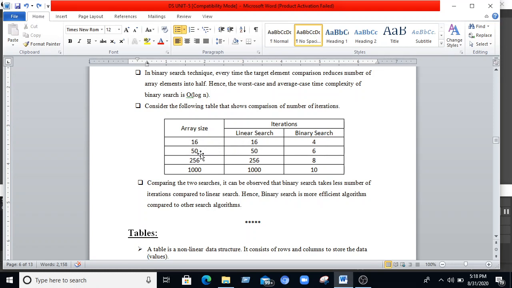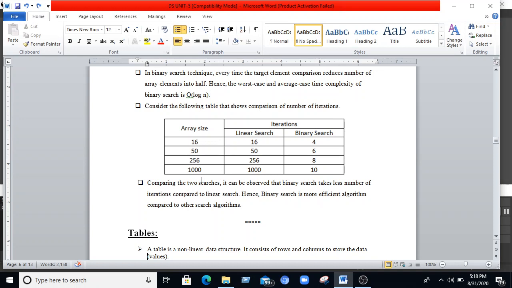If we have an array size of 50, linear search takes 50 iterations, but with binary search, we'll iterate only 6 loops. For an array size of 256, linear search is 256, but binary search is 8.